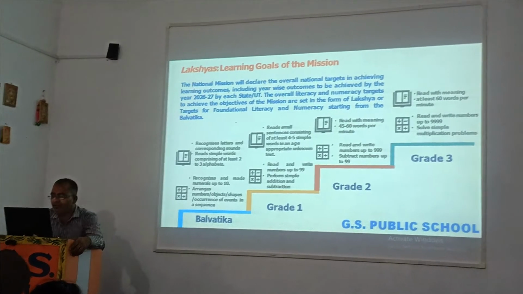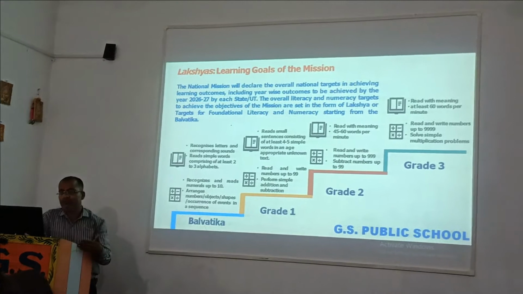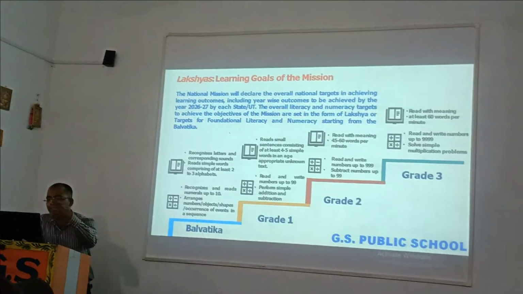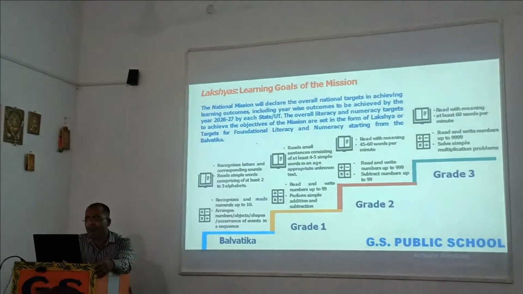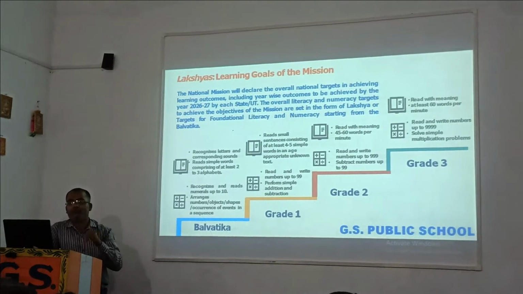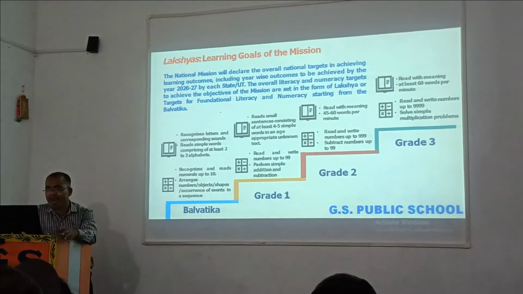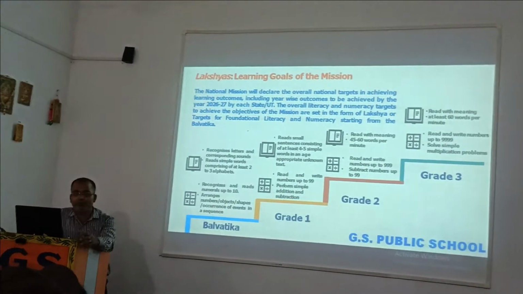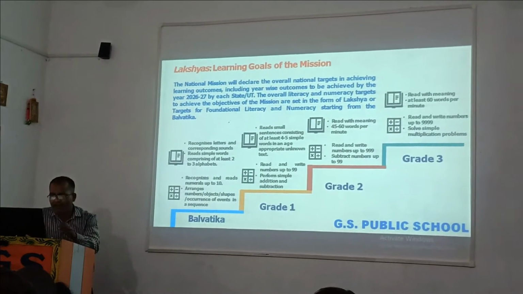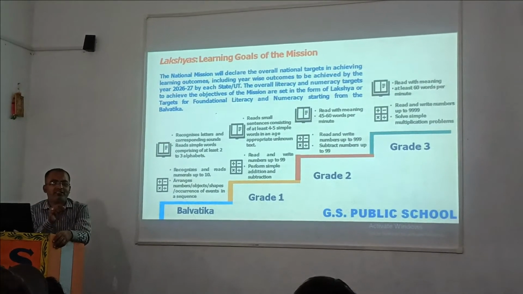45 to 60 words per minute. A student should be able to read a book according to the pattern of 40 to 60 words. A criterion should be fixed. Then you will be able to judge that yes, your ward or kid is at an average standard. If a student is not able to read 45 to 60 words in a minute in the next grade, that student could be recognized as below average.